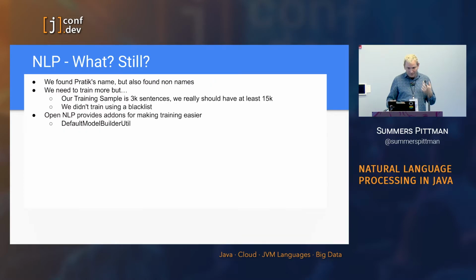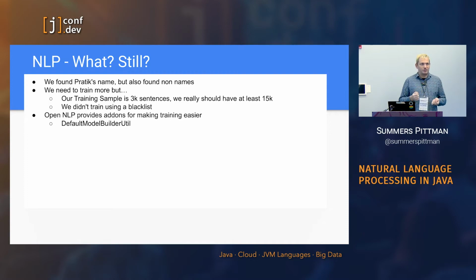So, all right, what happened? What's wrong? Well, like I said, NLP says you need about 15,000 sentences to get a good model, and I only did 3,000. So I did about 1/5 of the work that was actually necessary to do it. And also,